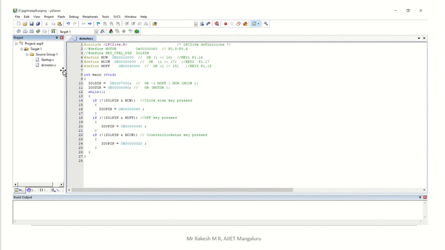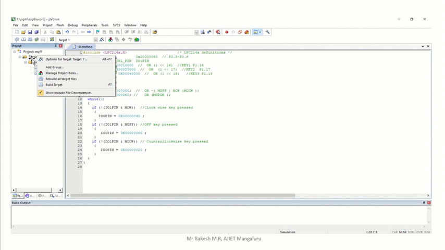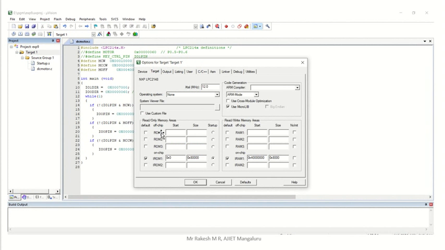Then you can go for Target. Right click on Target, and we get the option for Target, click on that. Then we get another window here. First you have to select the device, NXP LPC2148. If that is selected, go for Target. Initially we go to Device, then Target.